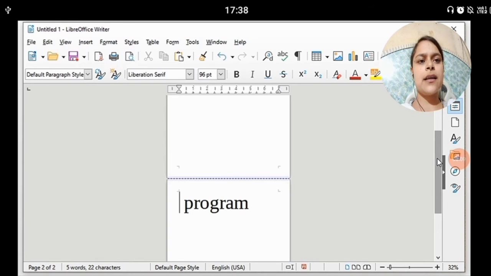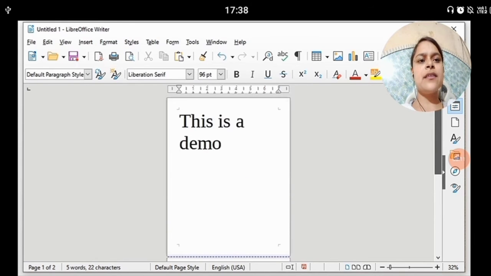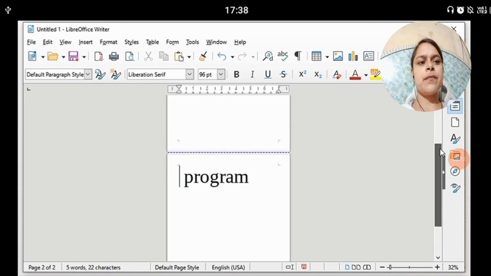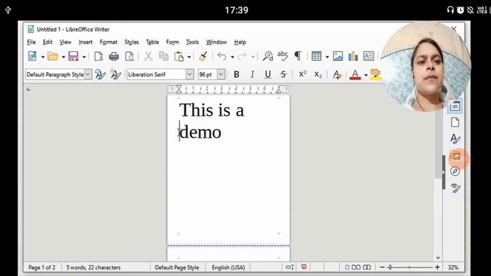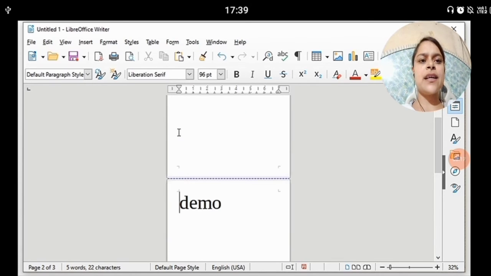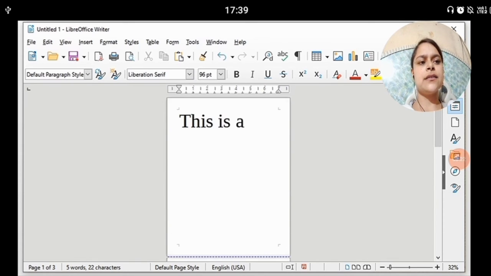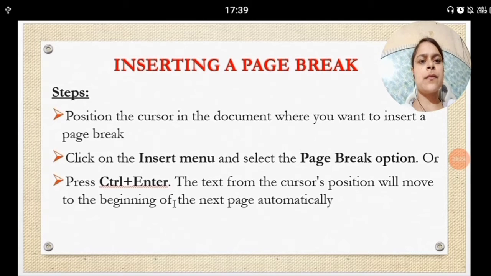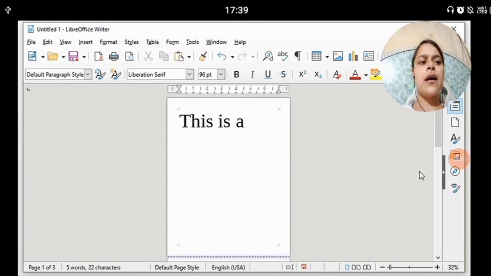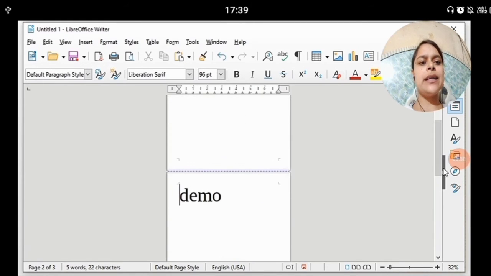You can see the page break is generated. Again by pressing Ctrl plus Enter, a page break is created. The text from the cursor position will move to the beginning of the next page. Automatically, you can see in the page break, our cursor moves to the next page.